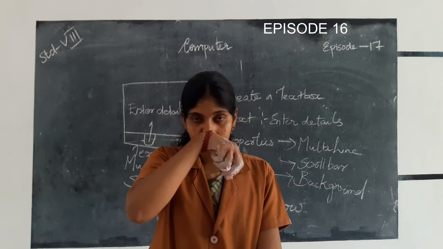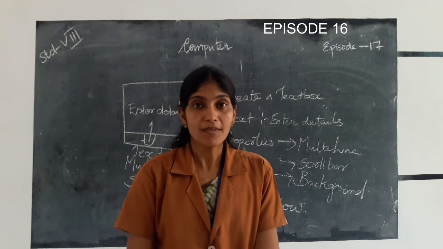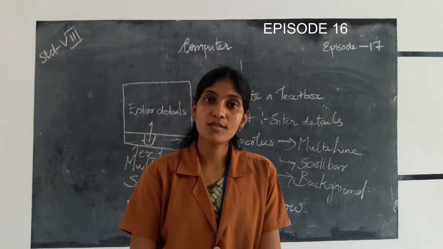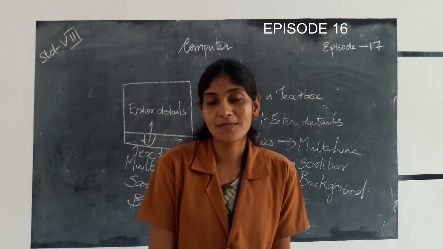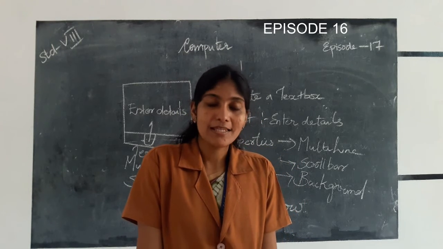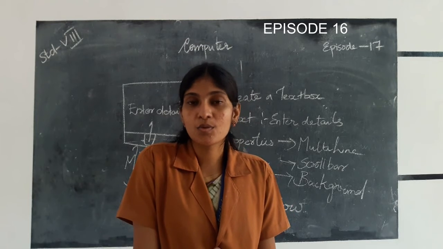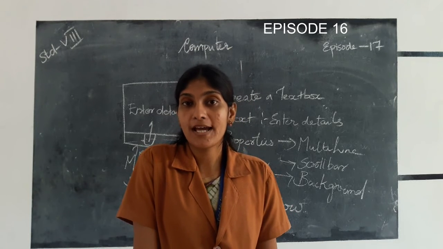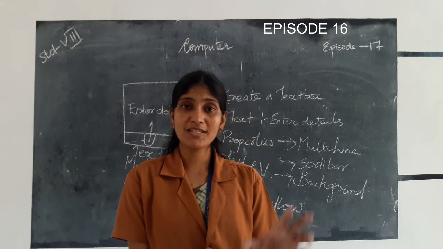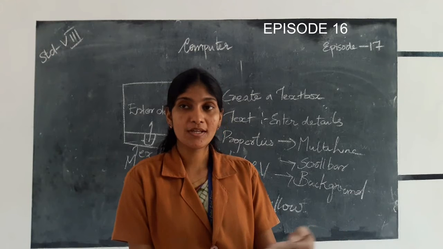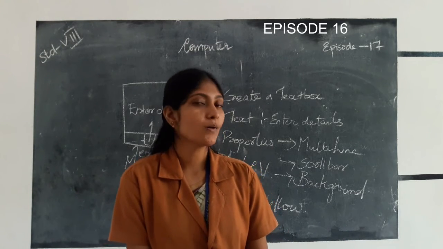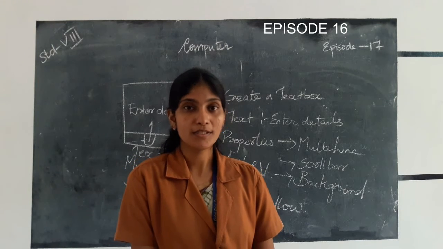And then next is enable. Enable option means you can enable this text box for entering data, and also you can disable it. That means the user cannot enter any type of text in this text box. That is the property of enable. Then multi-line: when we set multi-line equal to true, you can enter different lines of text in the text box. Then scroll bar means, if it contains a large amount of text, you can move it to the left side or right side using a scroll bar, vertically and also horizontally, which we can add for the text box.